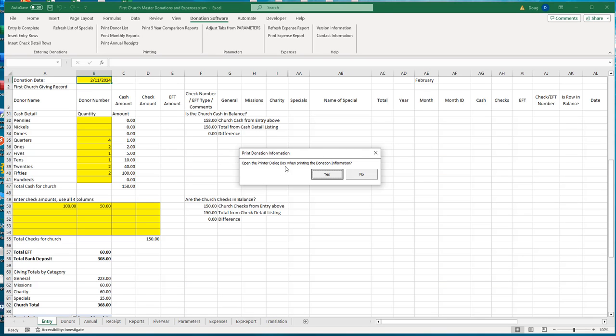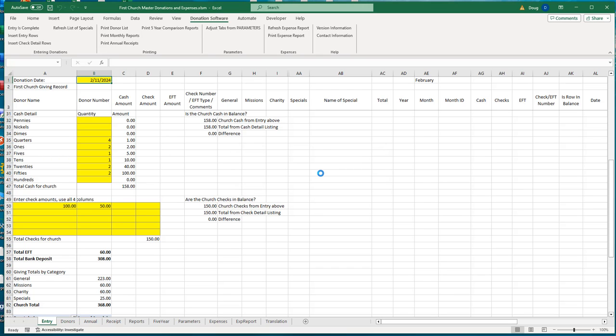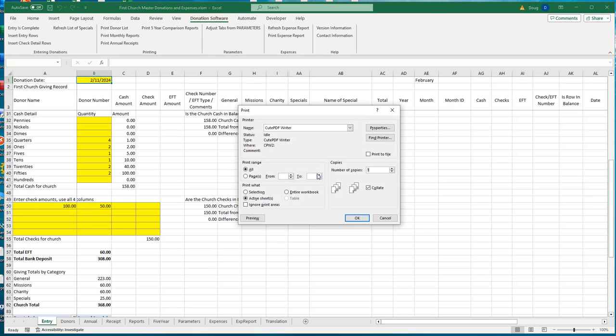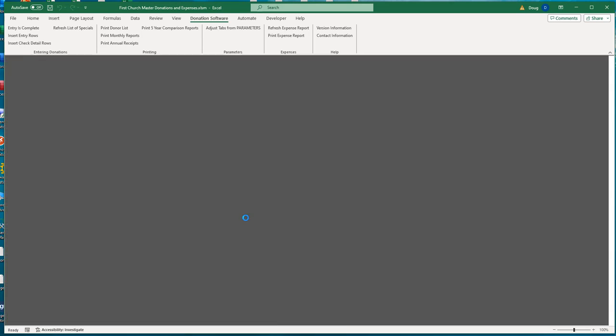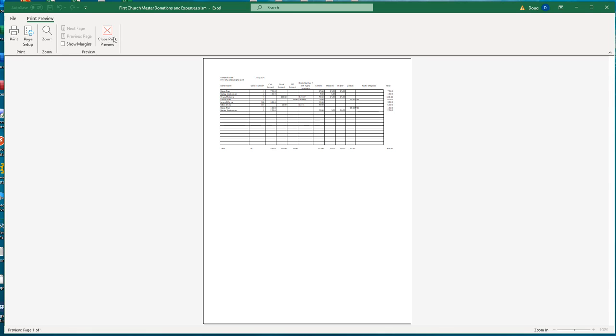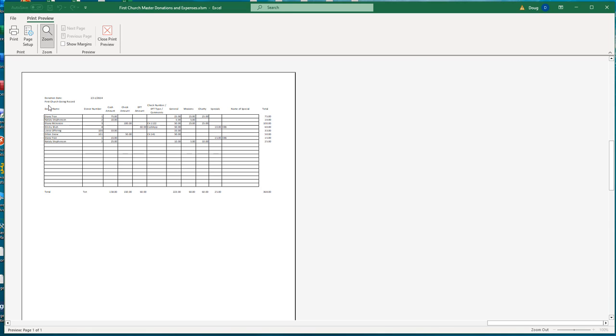And it's asking, do I want to open the printer dialog box? When I print this, I'm going to say yes because I want to be able to do a preview and show you what it looks like when you print. So as I said, it's going to print the detail information. Let me zoom in a little bit. So a list of the donation date, each of the people, and the amounts that they gave,